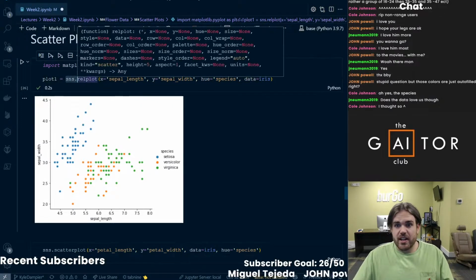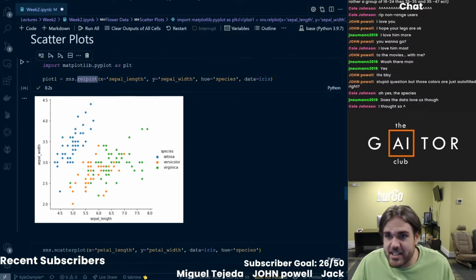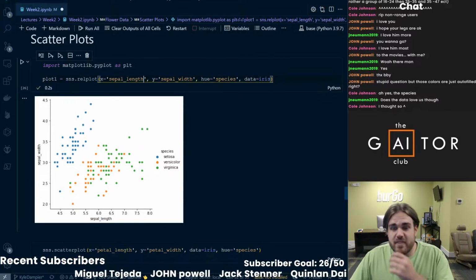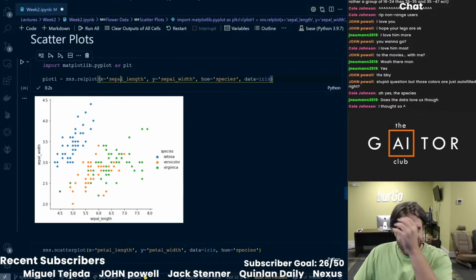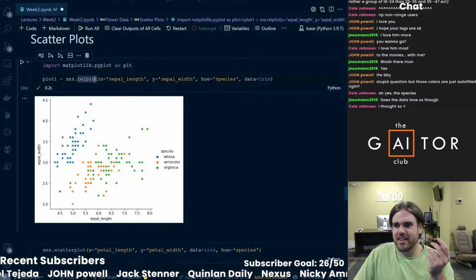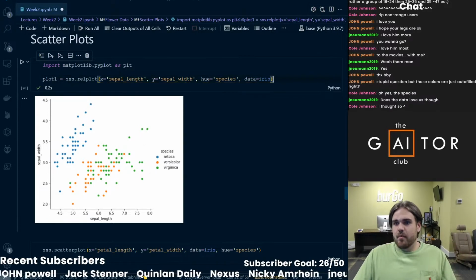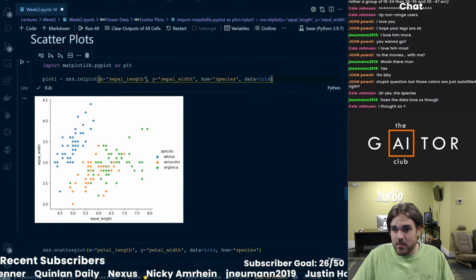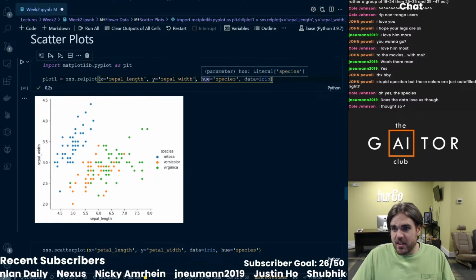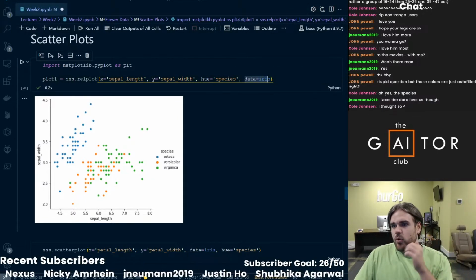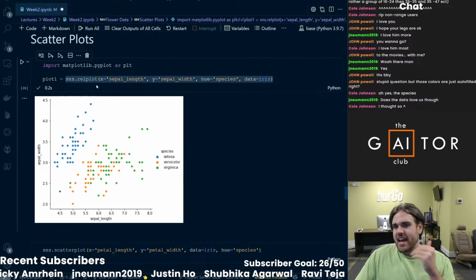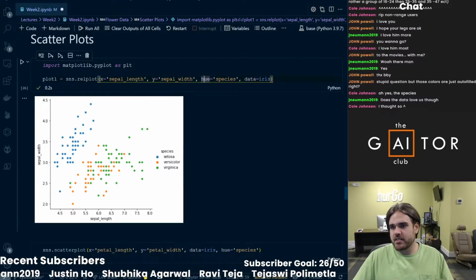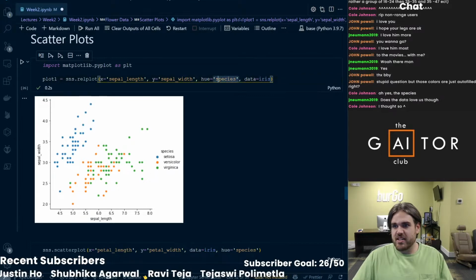So this is called a rel plot. I honestly don't know what that stands for. Let's take a look. Yeah, no idea. But that's what Seaborn used. And basically, regular plot, I think. I don't know. But we can call this sns.relplot, and we can say that we want x to be our column, and y to be another column, and this hue thing is what I was just talking about, and then what our data is. So it's that easy. You can literally just take any data set and put it onto a scatter plot by just saying which columns you want and the data. The species is a bit of extra credit,